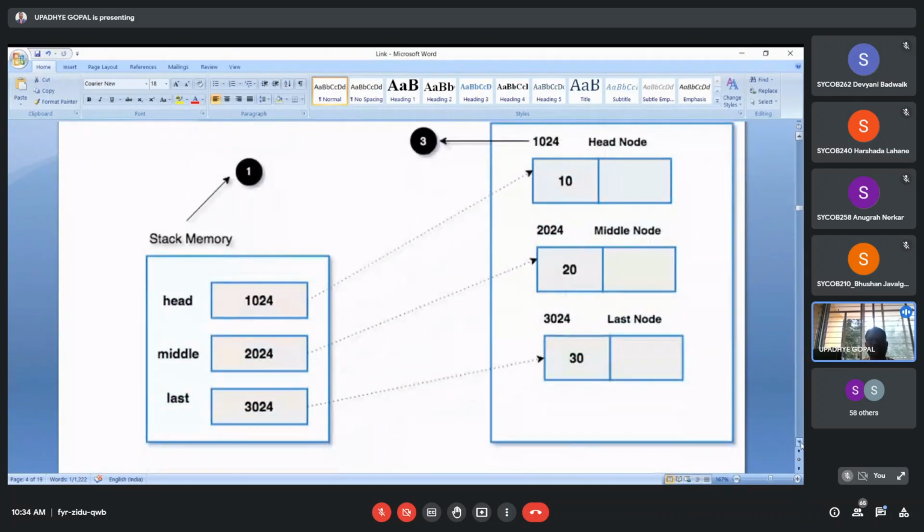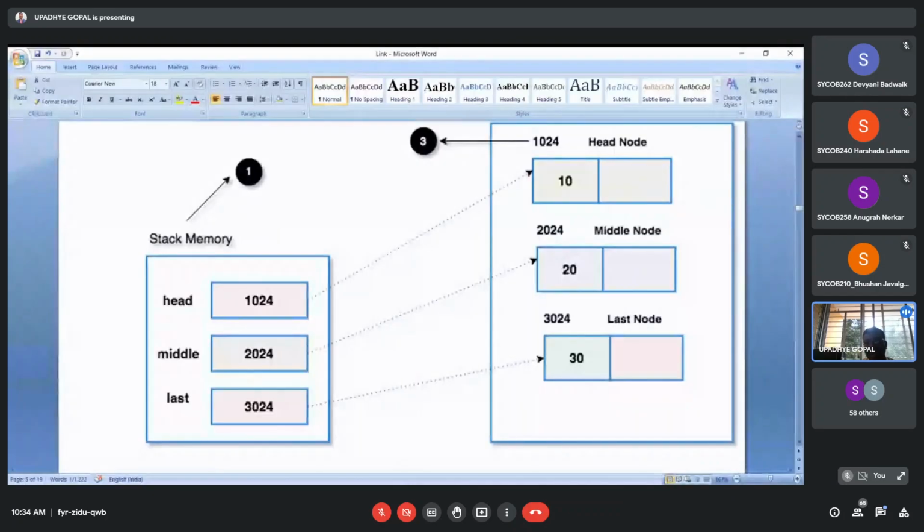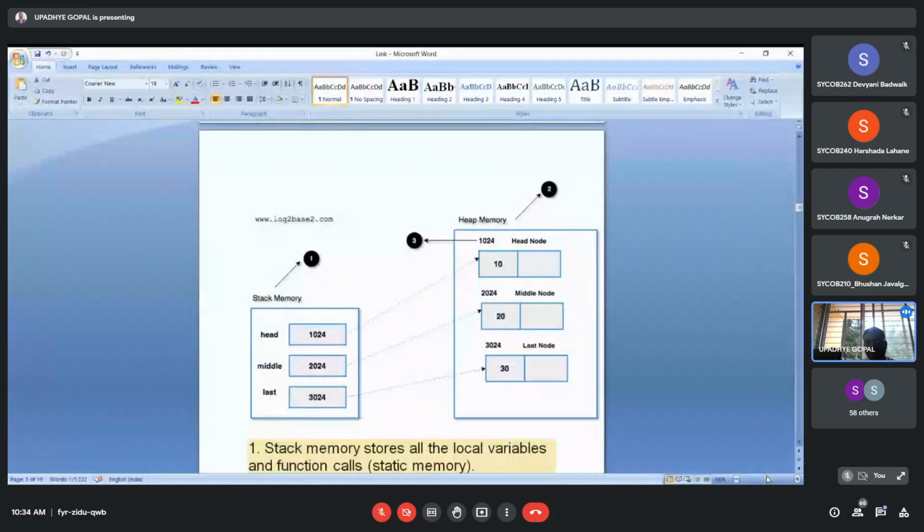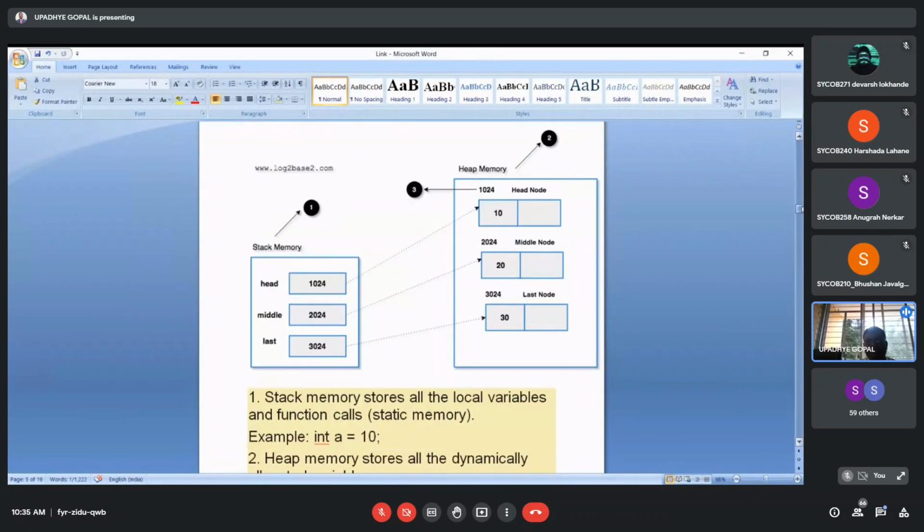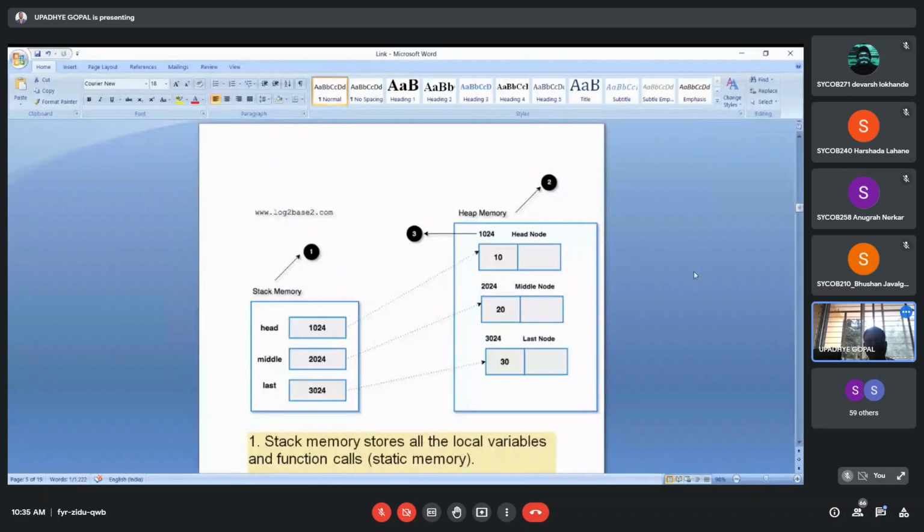Now this is very important. So I want your 100% concentration here. I will reduce the size so that it will be visualized clearly. Now see what happens in this particular representation. Initially head is pointing to some location, middle is pointing to another location, and last is holding some memory location.